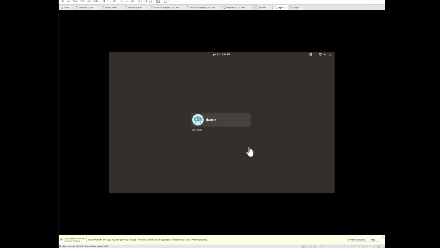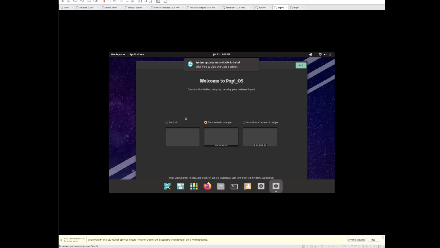A few words about the way these things are designed. So Pop! OS is meant to be part of the System76 Linux offering, because they also offer the hardware and the software. So you can buy the laptops from them, you can buy servers from them, you can get the Pop! OS from them, and you can then